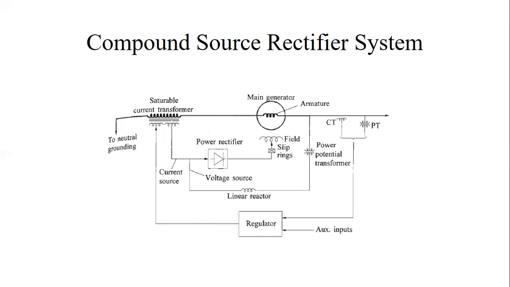The regulator controls the excitation output through controlled saturation of the excitation transformer. When the generator is not supplying a load, the armature current is zero and the potential source supplies the entire excitation power under loaded condition. During the system fault condition with severely depressed generator terminal voltage, the current input enables the exciter to provide high field forcing capability. Examples of this type of compound source rectifier system are the General Electric SCT, PPT and SCPT excitation systems.